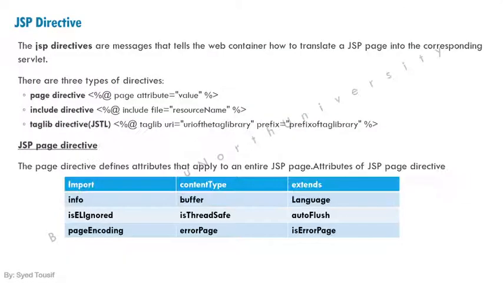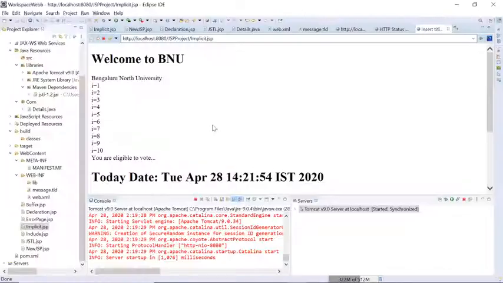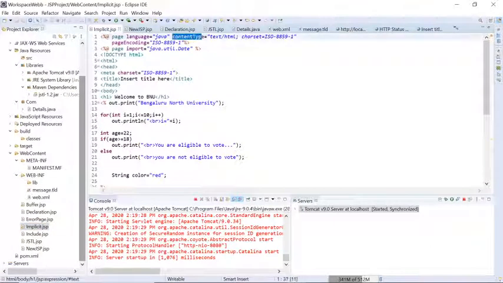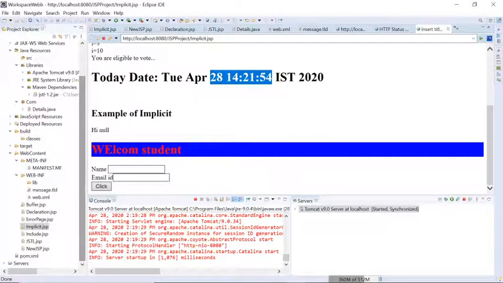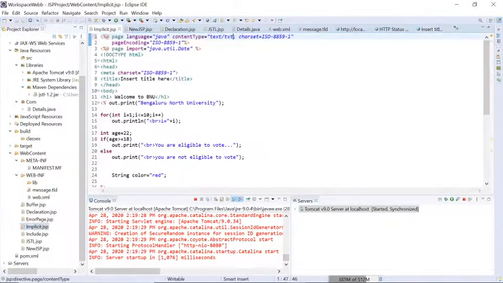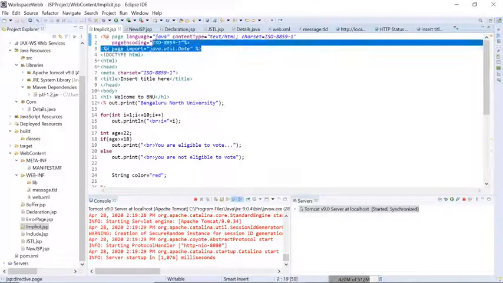Okay, import. And content type, that is our default one. It will come whenever we create any JSP, the content type it will show. Example, now we will check out our content type, set to HTML and TXT. Our extension is TXT, so we'll run this one. It is coming, right? You can check out, even though we have changed the text, it is coming as HTML only. Then encoding type is a standard encoding, and this is an import type.